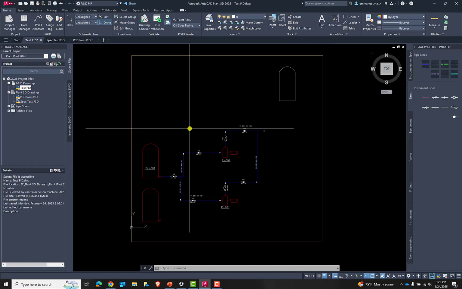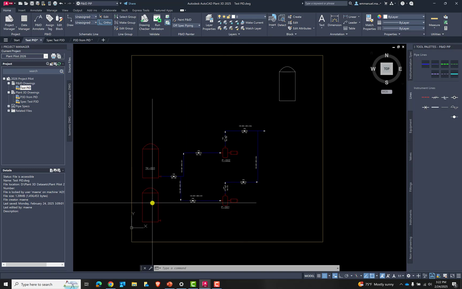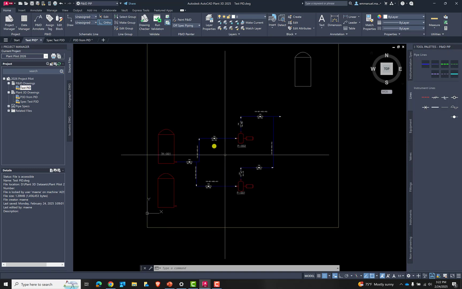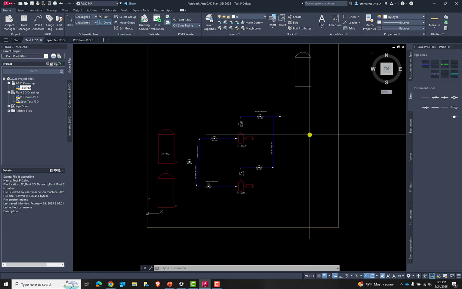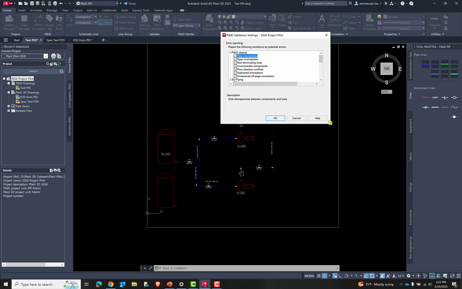So jumping into our P&ID sample project, the drawing is what you're seeing here. And I have a couple of entities that I've added. Of course, it could be something a little bit more complex, but I'll just show you how to run a simple validation. And the first step is going through the validation settings by simply right clicking on your project. In the shortcut menu, you'll see validation settings. And then on